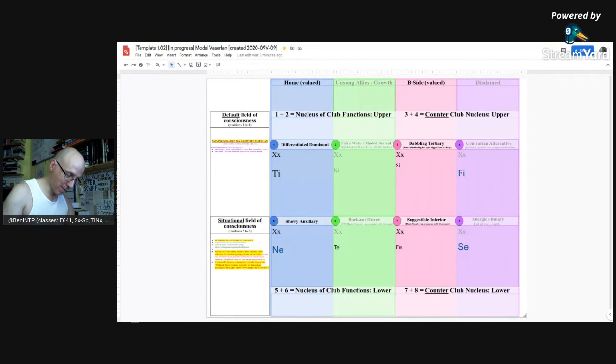ESTJ, I've got to get it right now, so I'll go back to the Model A system. Hang on a minute, FI, TI, right. So I'm going to put TI there, and then I'm going to do ESFP. I'm going to show this on the camera. SE, FE, NE, TE, TI polar, and